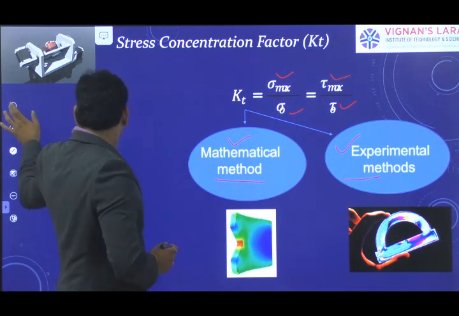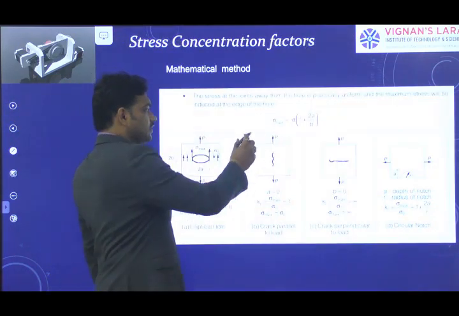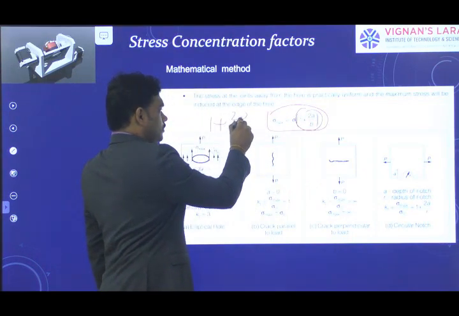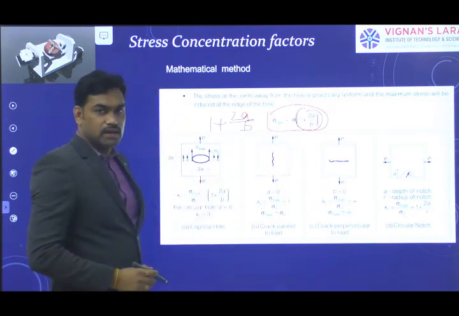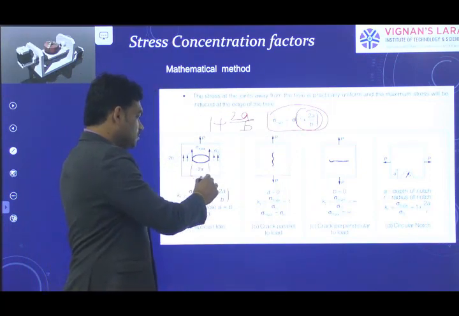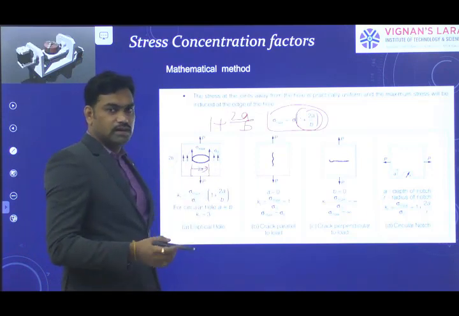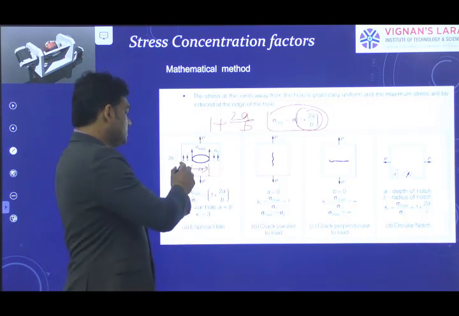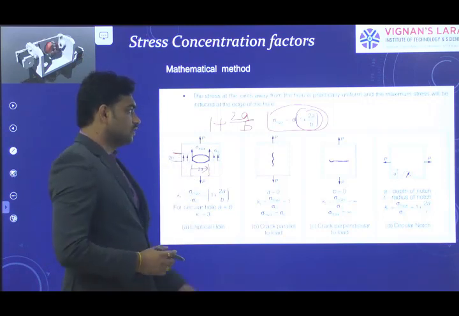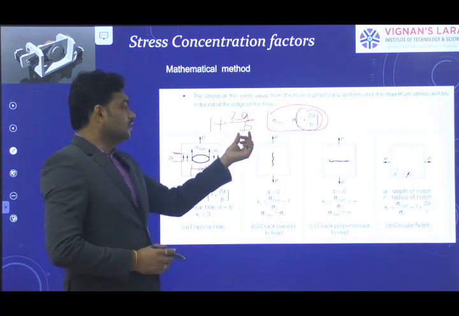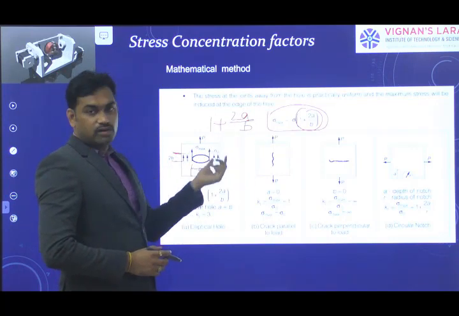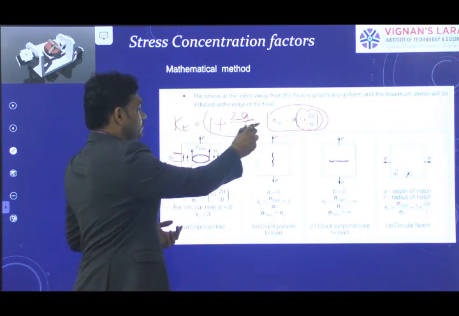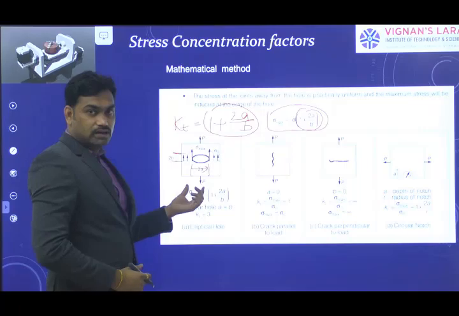And coming to the mathematical method, there is an equation given. Kt is given by 1 plus 2a by b, where 2a is the total length of the crack. For example, in the earlier case, you can take a circle. The diameter of the circle is considered as 2a, and the height of the circle is considered as 2b, where a is half the length of the circle or crack, and b is half the height of the crack. From that we can get the value of Kt. So for example, if it is in crack